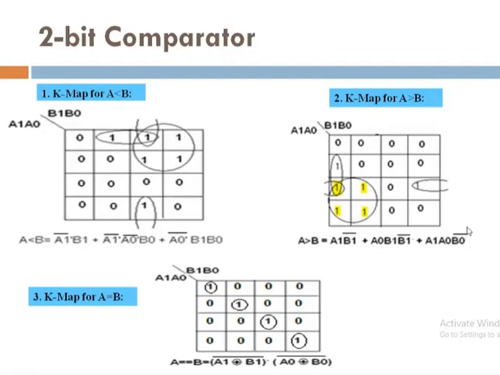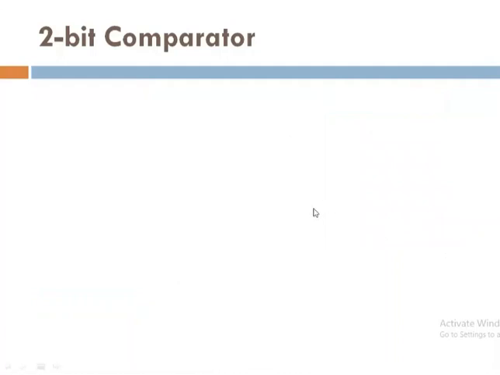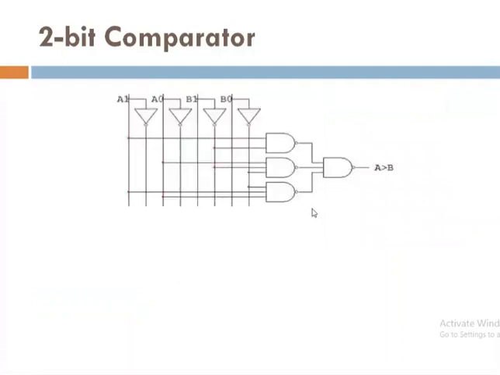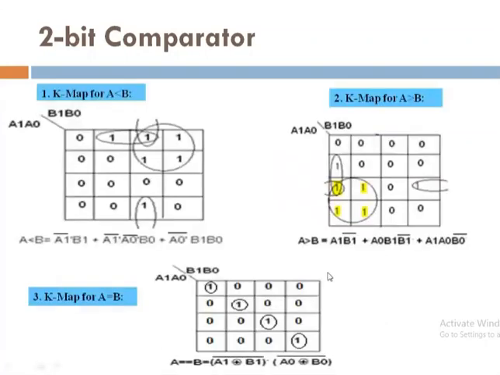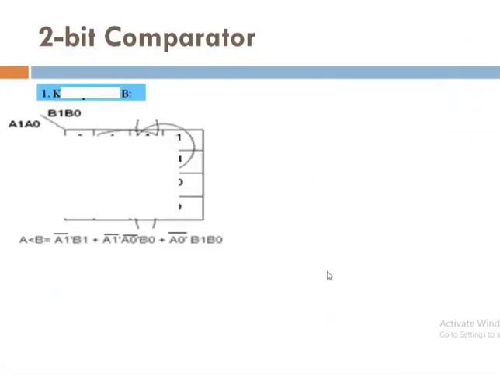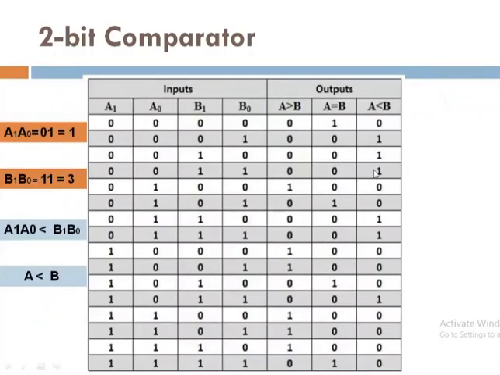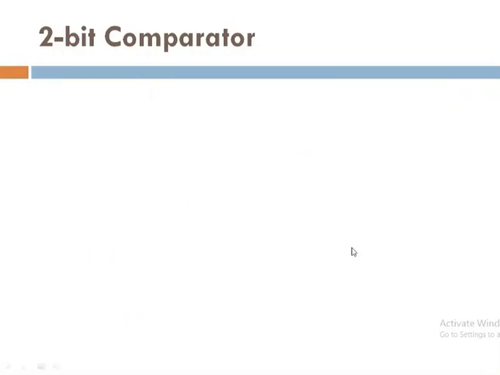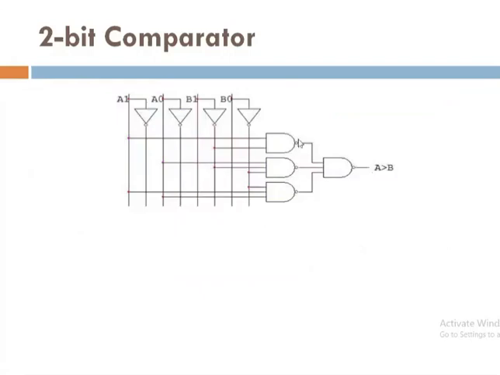While verifying the truth table with the help of this circuit diagram, first you have to implement one by one, like your BCD to XS3 circuit. First I have implemented this part. Now take this output, give the input as per your truth table and check the output for the respective A is less than B. Suppose for these cases A is less than B is high, so apply this input and check whether you are getting a proper output or not.